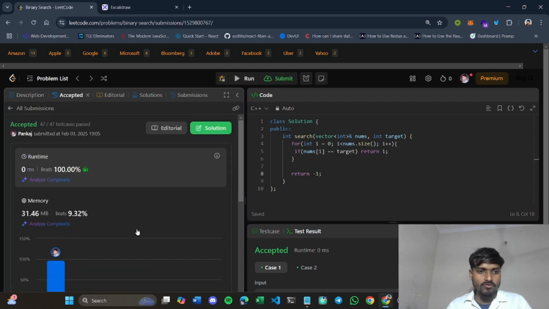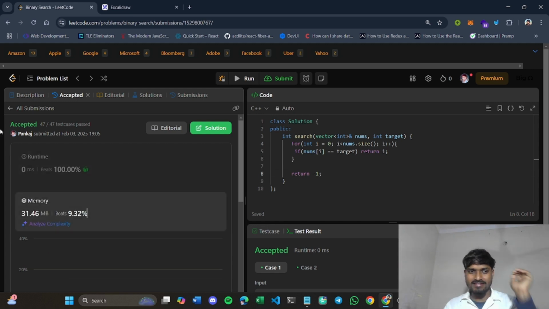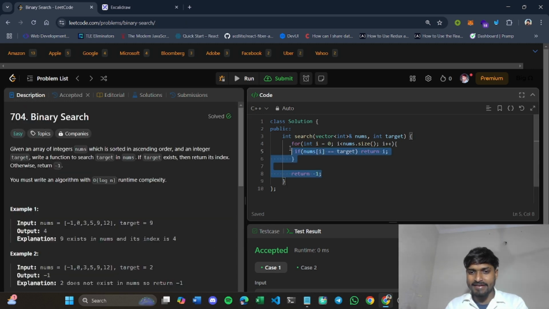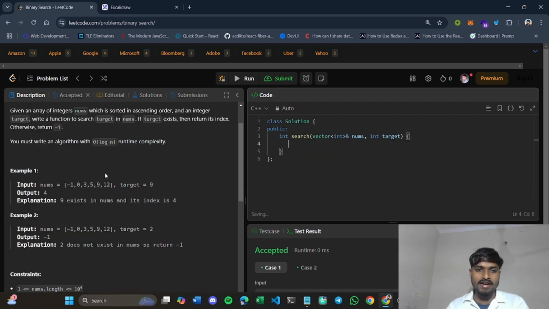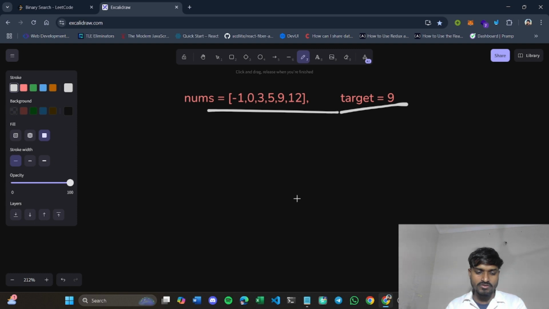So you can see our code has been accepted and it's beating 100% of the solutions. But that's not really true, because the approach is right, but what I am talking about is if the length of the array goes beyond 10 to the power 8 or 10 to the power 7, right? In that case, this approach will give TLE. So we are not going to solve this question using this approach, because we have to keep in mind that our interviewer can ask for an optimized approach, right?